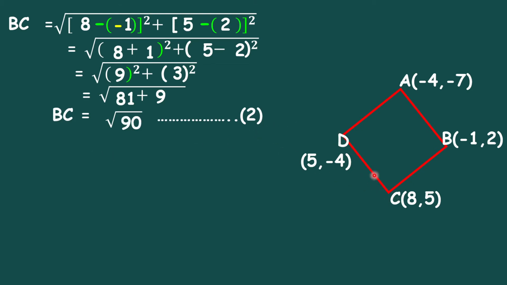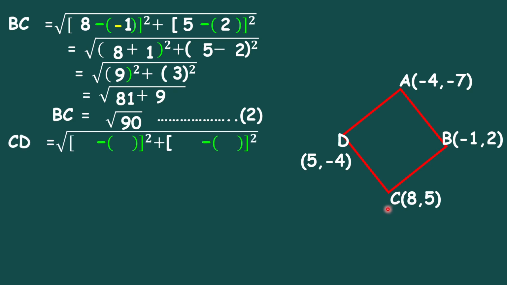Now we find the distance between the point C and D. Therefore, again by using distance formula, distance CD is equal to, remember this, what should we do here? From D, we subtract the coordinates of C. Tell me the x coordinate of point D. How much? 5 minus into bracket x coordinate of point C is how much?